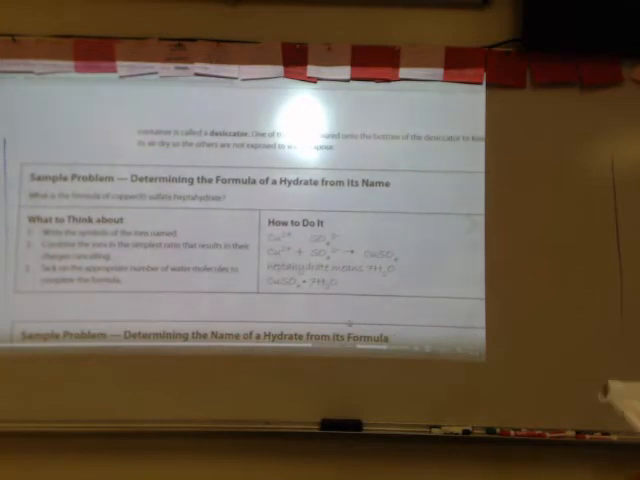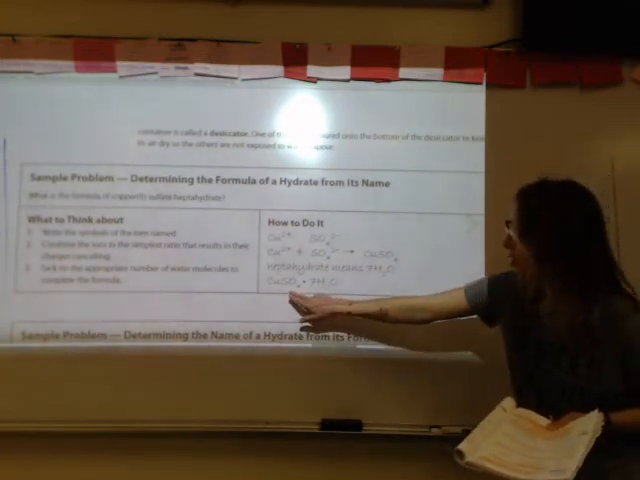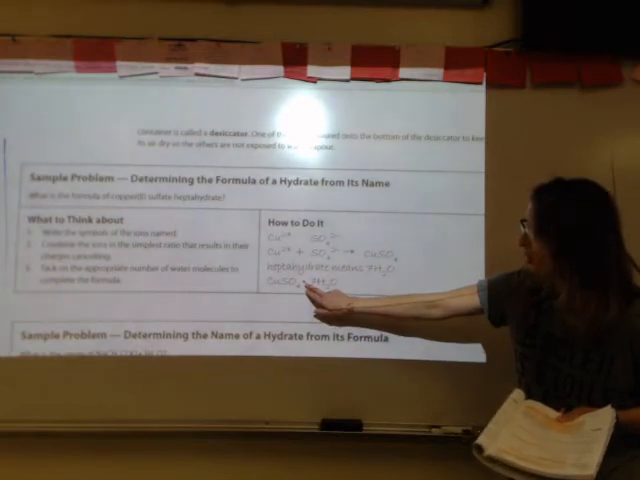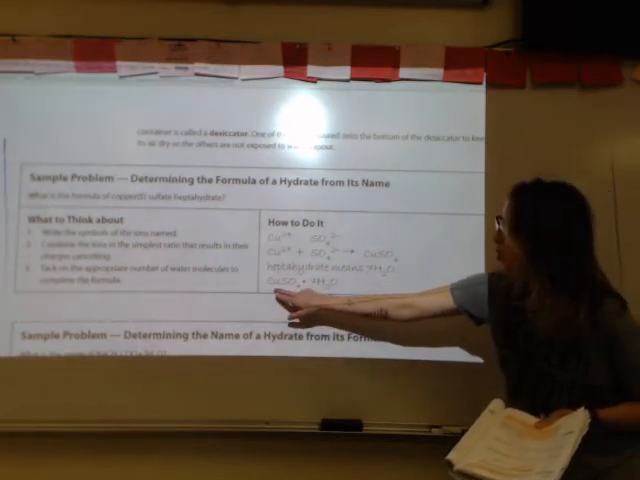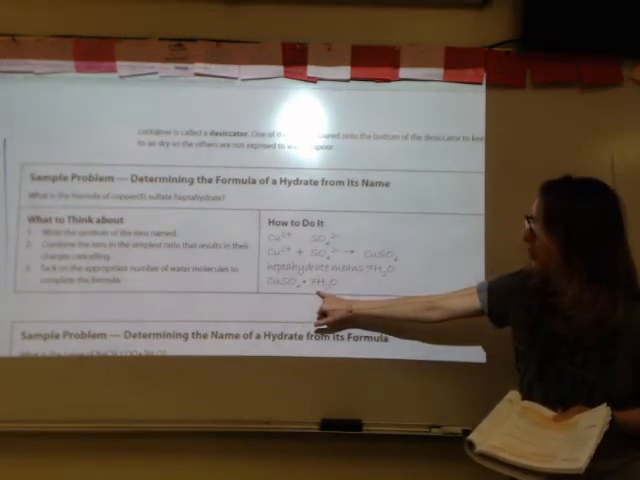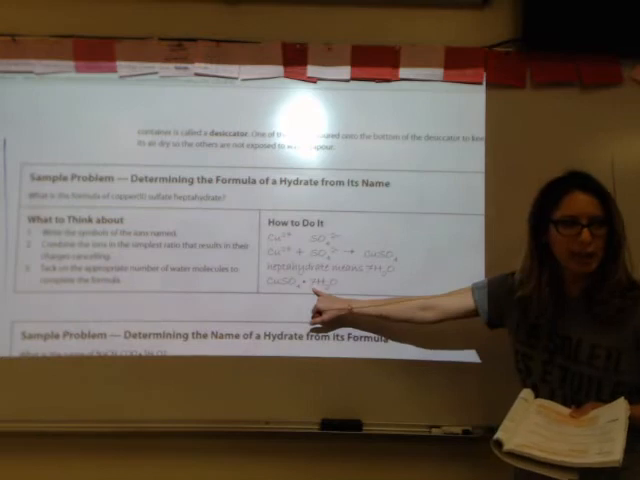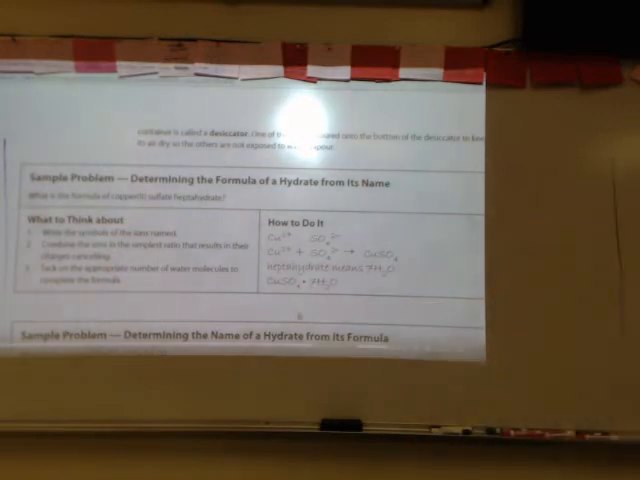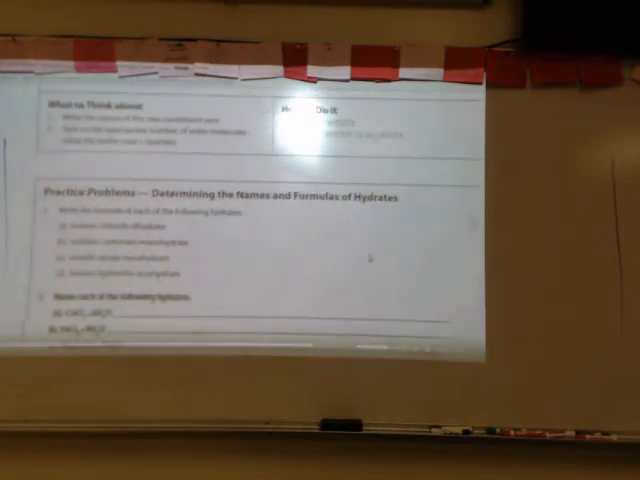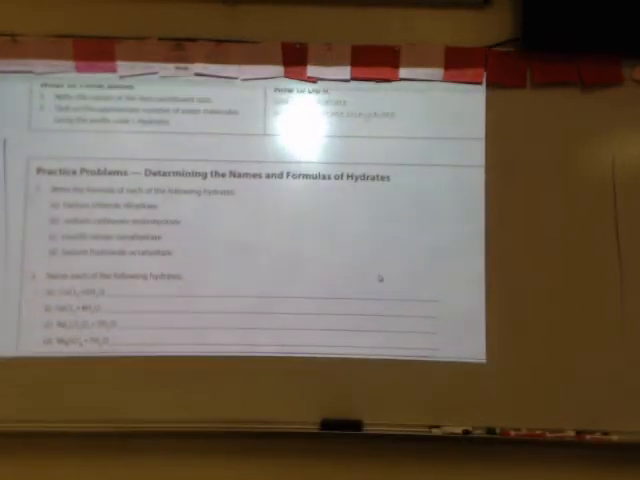So here you will see I have water attached to an ionic compound. There's a little tiny circle multiplication symbol here. So this is actually called copper 2 sulfate heptahydrate. So the Greek prefix is indicating how many waters are attached. If we're looking at practice problems down here,